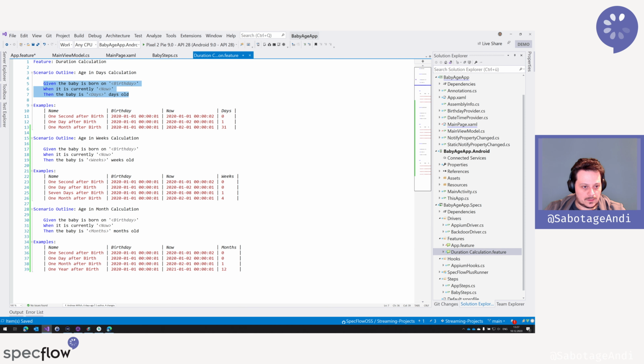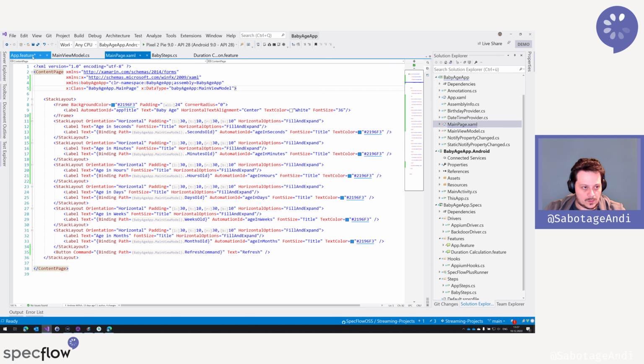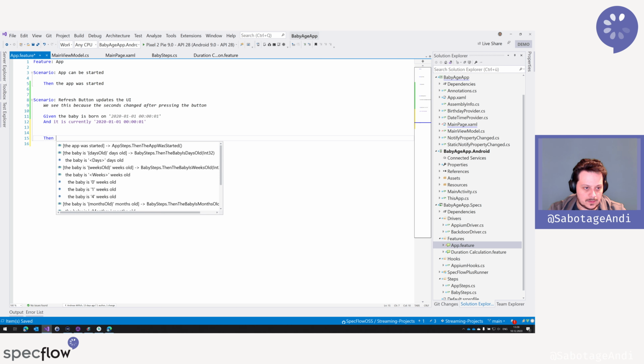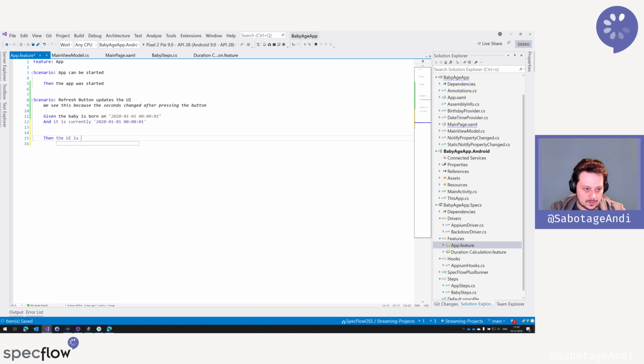Let's make it again easy. It's on the 1st January at 1 second when it's currently, and then let's write it if the baby is born and given, and it's currently so, and then the UI is updated, shows updated values, and the action is when the